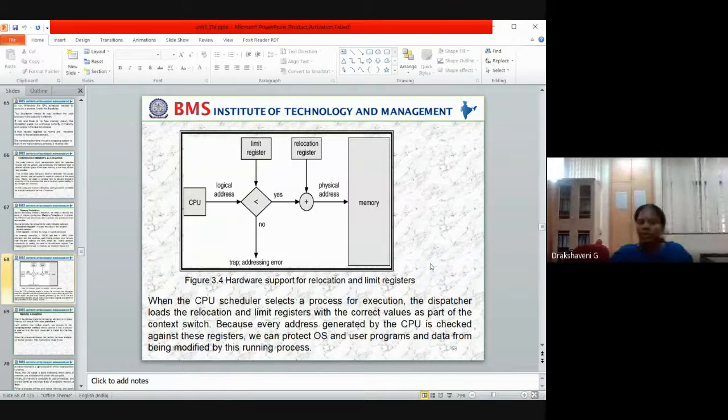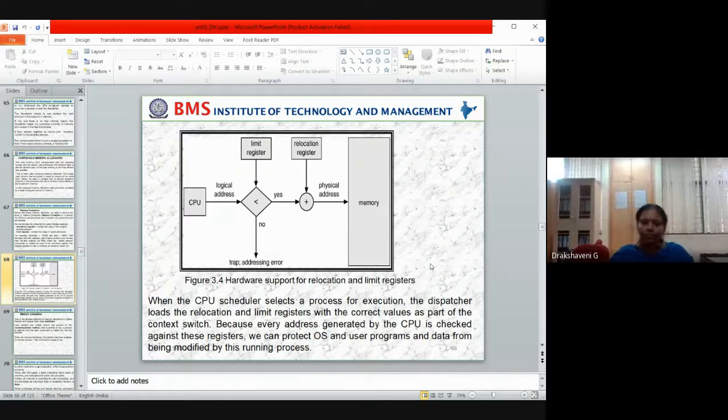If the memory you want is available, it is checked with the less-than comparison. If the required address is less than the limit, then the relocation register is applied; otherwise it will not be given. That's what this diagram says. It is the same as an if condition: if A is less than B, print A, else print B, as you do in a largest-of-3-numbers program. Same way here, if the register value, whatever you want to store the data in, is lesser, then only it will be given.